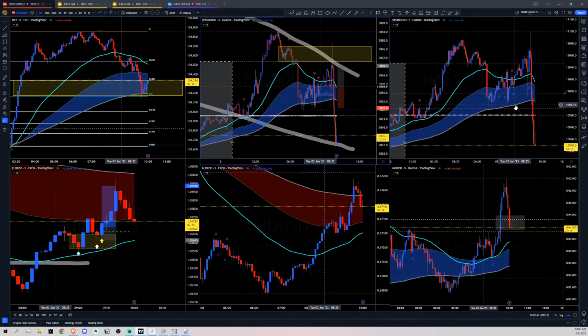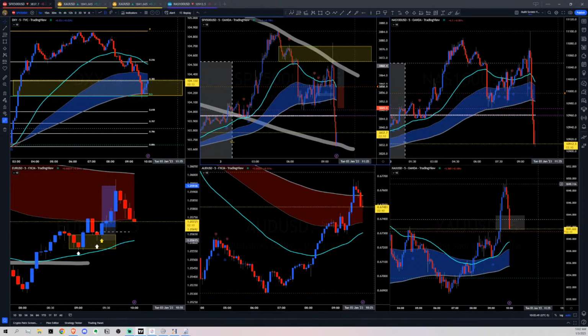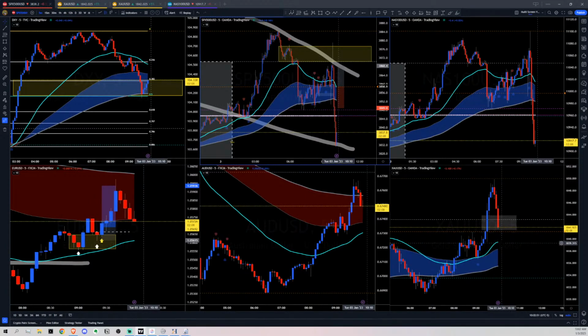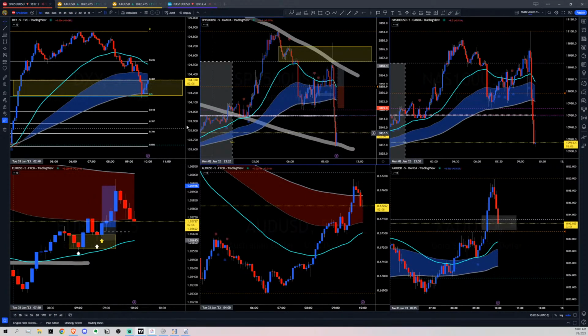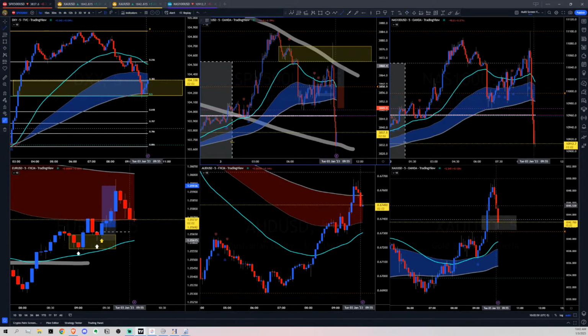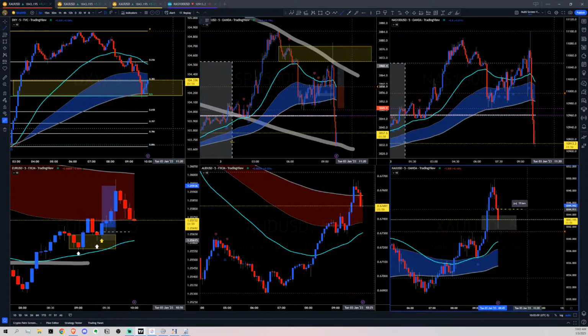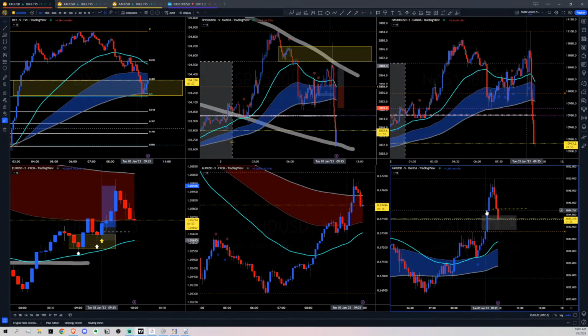Market is being very tactile with this. Great opportunity everywhere. Gold even coming back. Here's a POC. Not really where I want to be. If it breaks that high though,